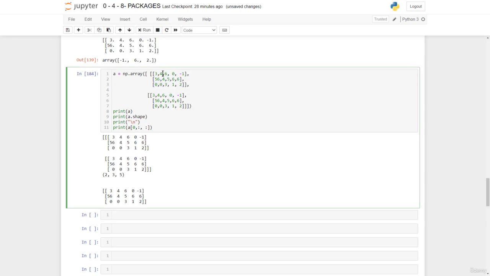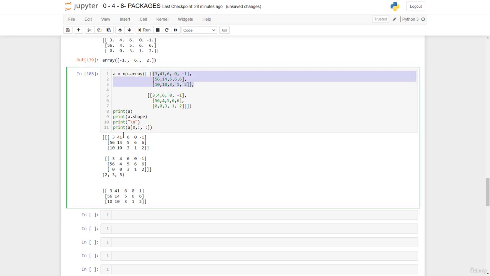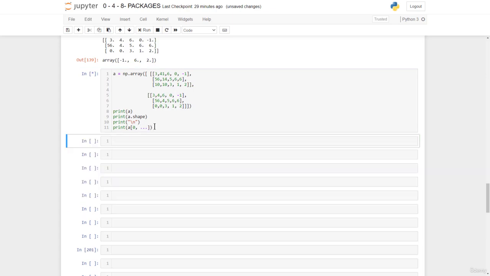Let's make it different. Let's say we have 41, 1, 10, 10. So you see that difference now. So here we pick out the 0th, and then for the 0th we pick now all the rows and then all the columns. So that's why we have all this array printed out. Now if we want to do this simply, we could also have 3 dots. Now this 3 dots, as we said, means for the rest of the axes, take everything, so it's going to have the same